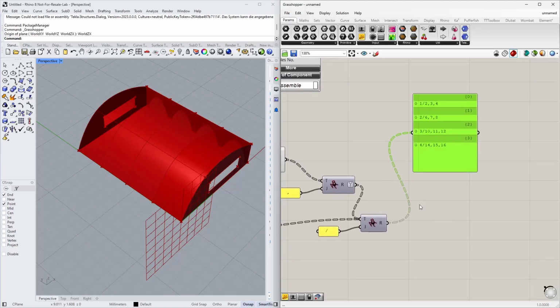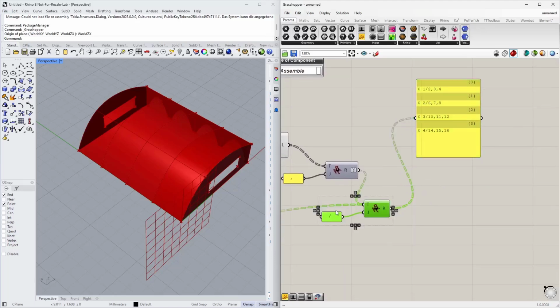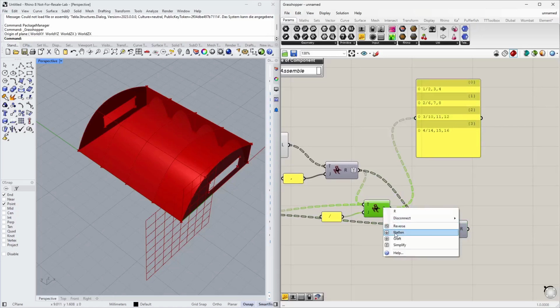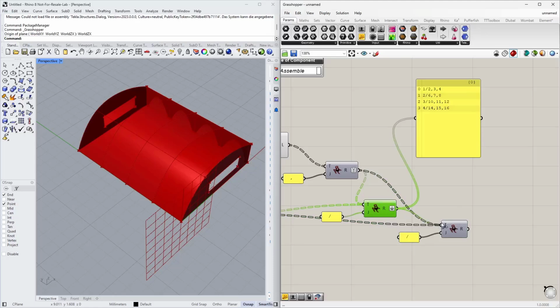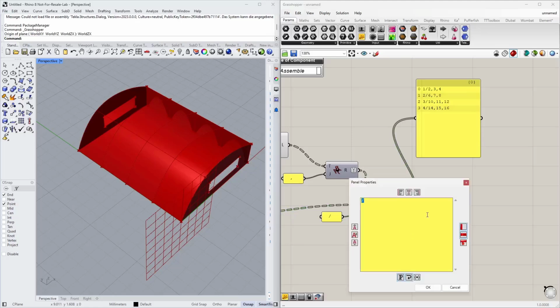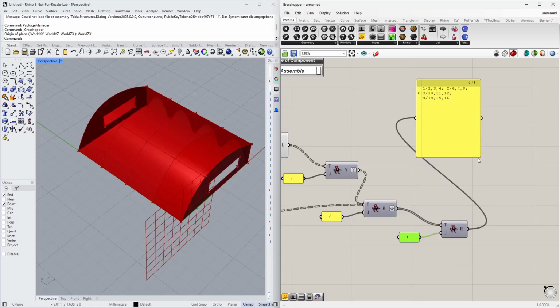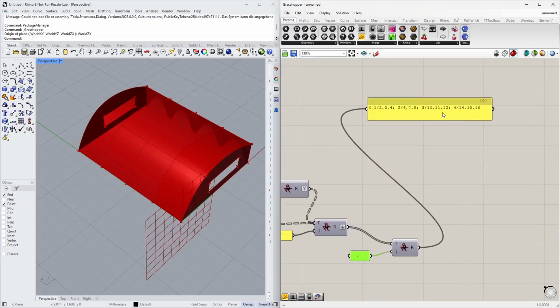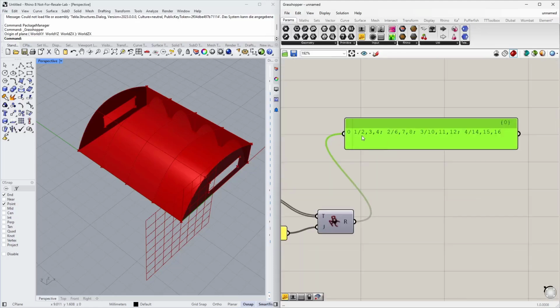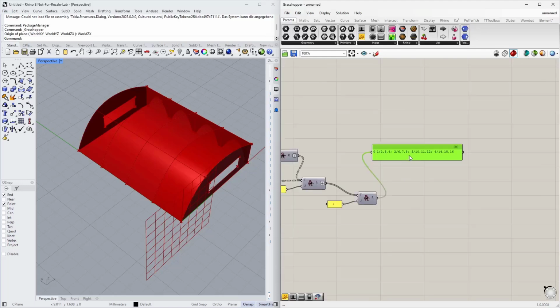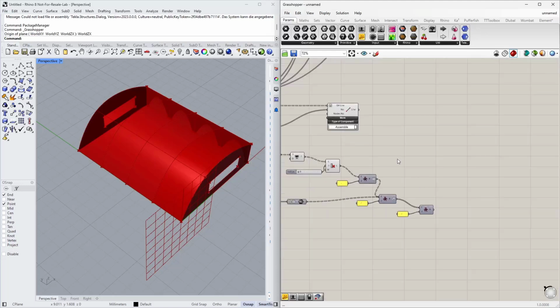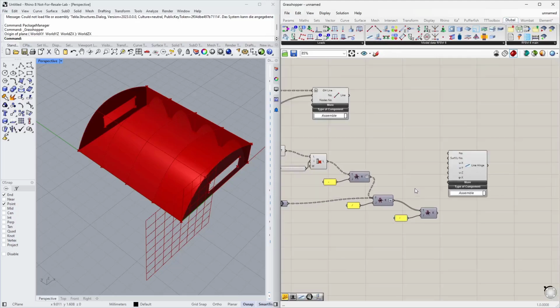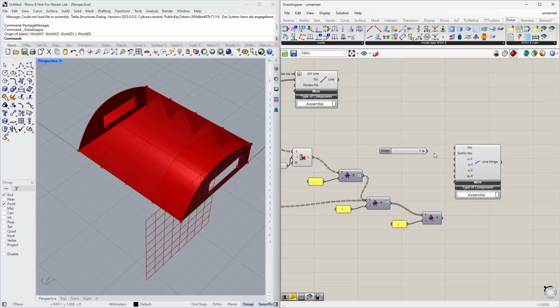And now I need it in one long string, or that's my requirement at least. So I will flatten this result and join it by a semicolon and a space. Okay, and now the result looks like this. And this is exactly how it looks in RFEM. So far so good. Now let me use a line hinge component, assign a number to it,